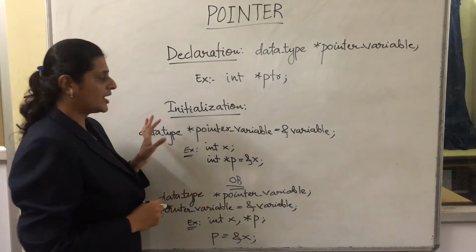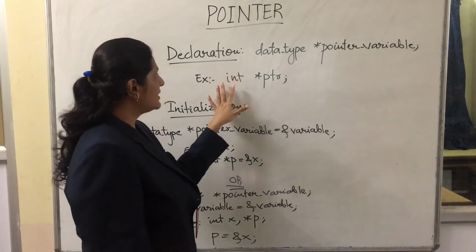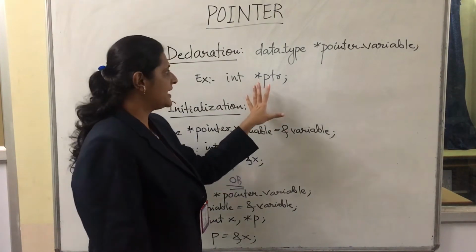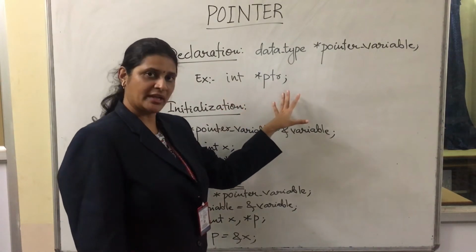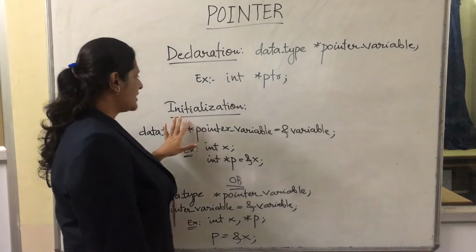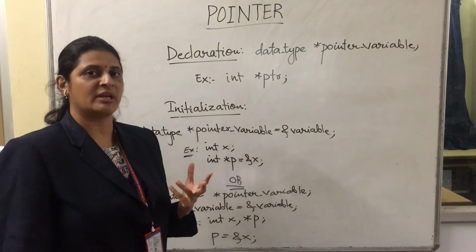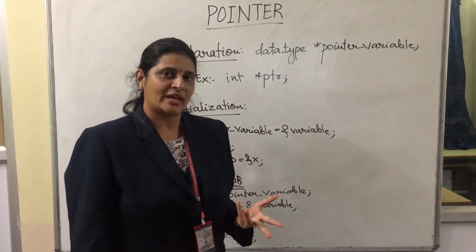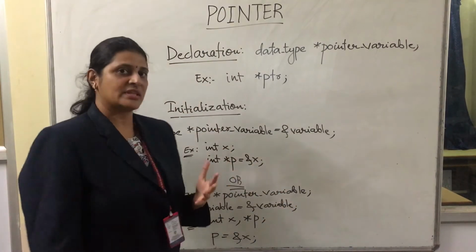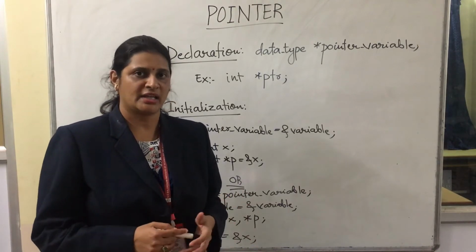Next we will see how we are going to initialize. Before going to initialization, as we all know, whenever we declare any variable, some memory is allocated to that variable. So whenever we declare a pointer variable, memory is also allocated for this pointer variable. Next we will see initialization of a pointer variable. Like we initialize a normal variable by giving some constant value to it, we initialize a pointer variable also. The process of assigning the address of some variable is called pointer initialization.